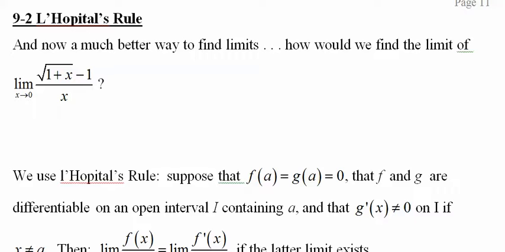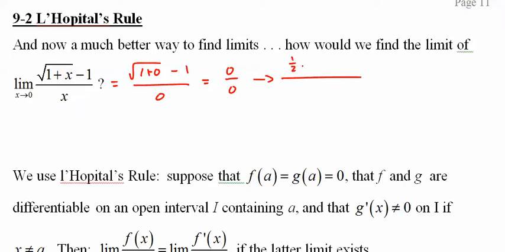A lot of people say, why didn't we do this back in Unit 2 when we were talking about limits, but we couldn't. There's a whole proof for this, which I'm being very, very bad and ignoring, but if you want, you can look it up and check it out. To find the limit, first check if it exists. 1 plus 0 minus 1 equals 0 over 0. If we get 0 over 0, we can take the derivative of the top,